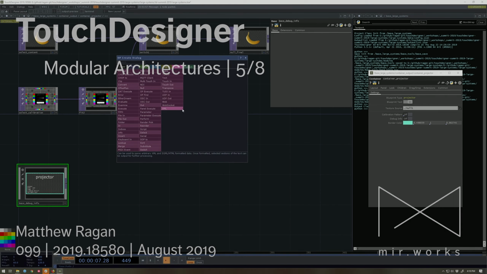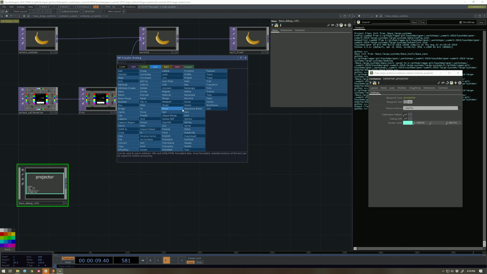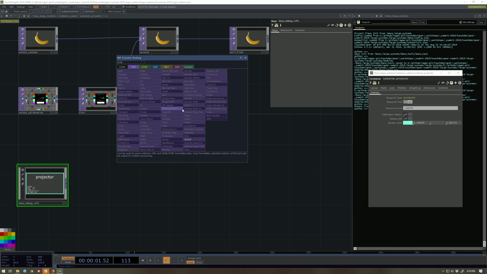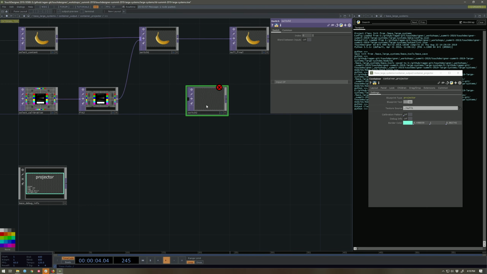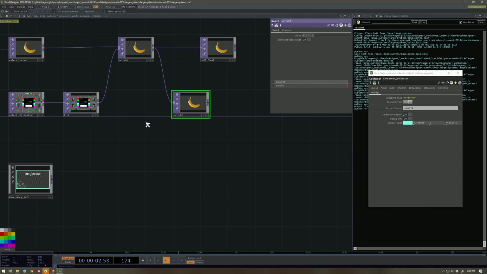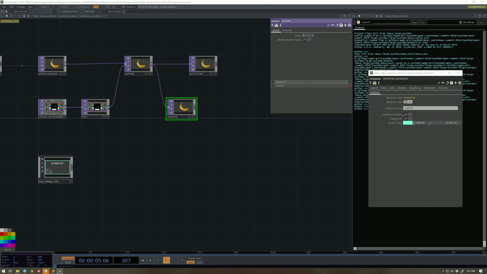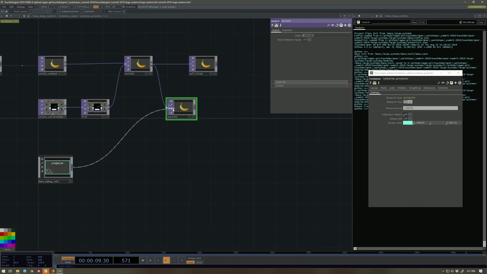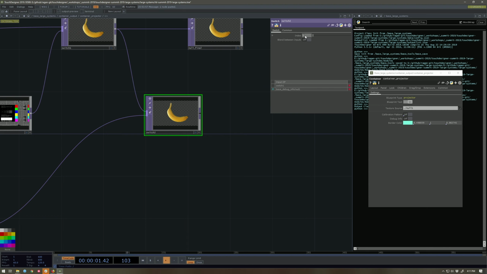Well, I'm going to go ahead and make another switch top. So let's add another switch. And let's plug our first switch into the second switch. And while we're at it, let's plug my debug info into that switch as well. Now we could see that I could turn on and off my debug info, but thinking about that, I don't